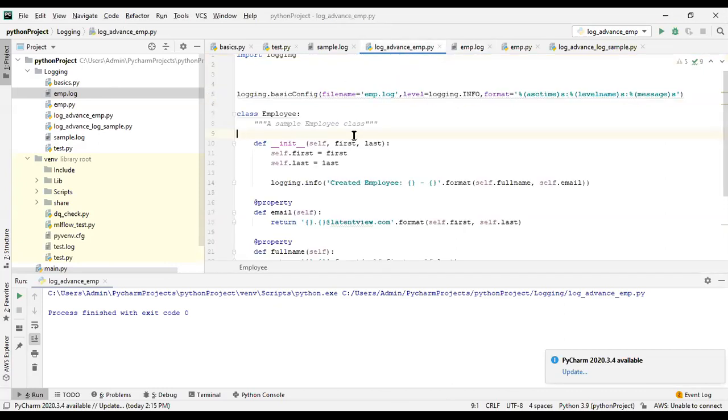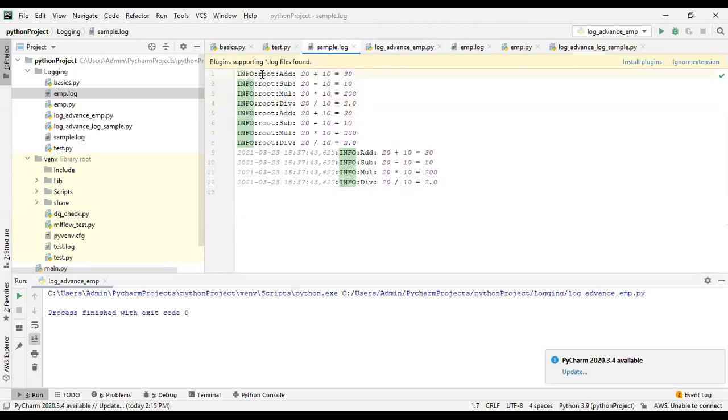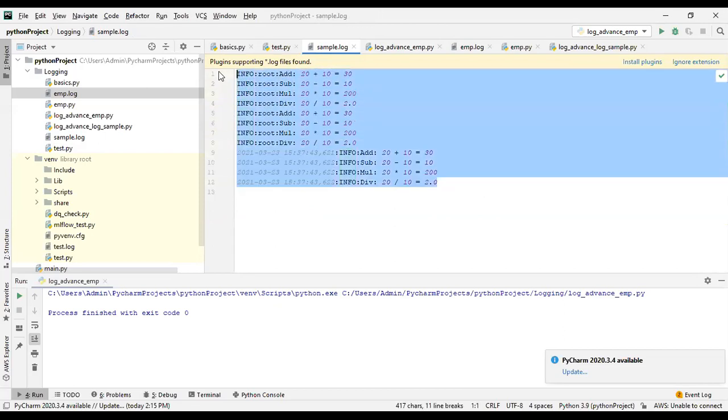Whatever you are logging here, the very first time while printing the statements, you can see the information like root. This is by default a root logger. You will not be able to log the information into different files.